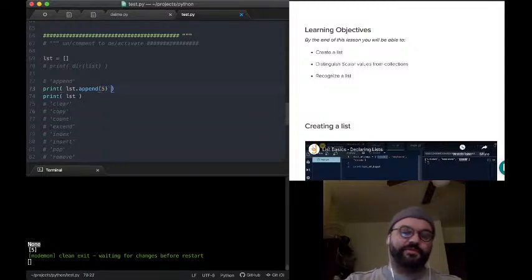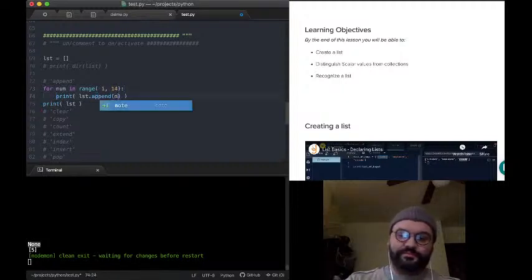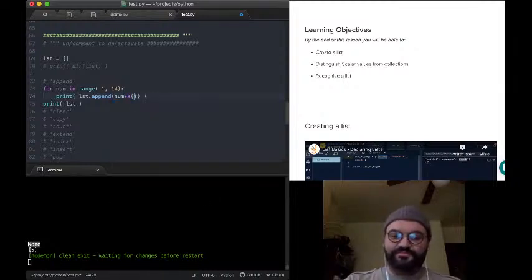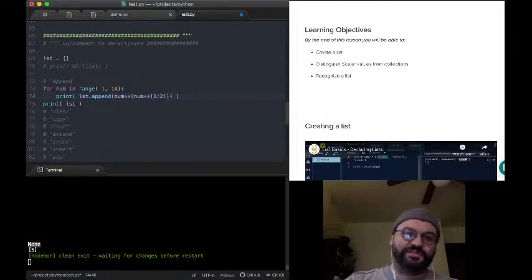Let's throw it in a for loop. We'll say for num in range, we will append num to the square root of num. I'm just doing this to have a random operation, not necessarily the formula here is not important. It's just a random formula. So we're raising the